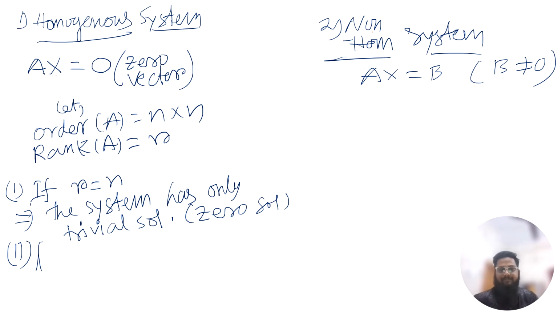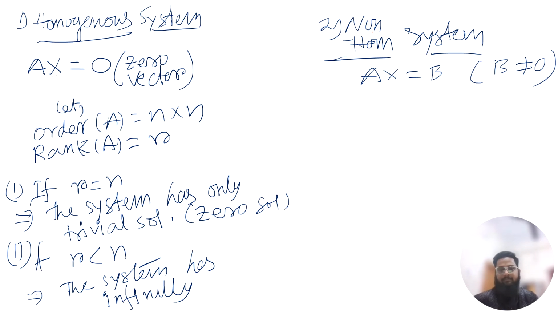And if the rank is less than the order n, then the system has infinitely many solutions. This is the concept of the homogeneous system. Simple. Now if you see the non-homogeneous case,